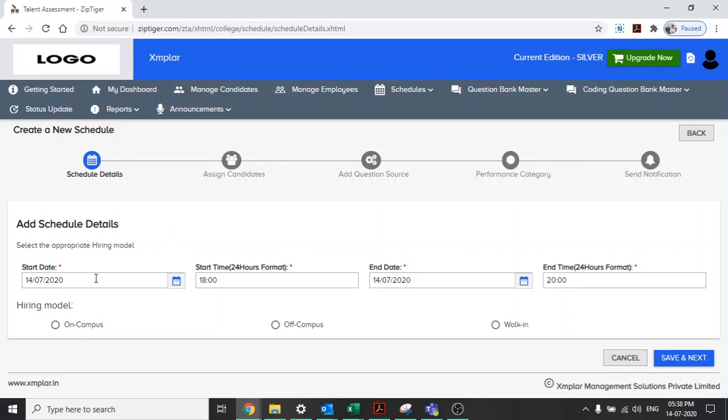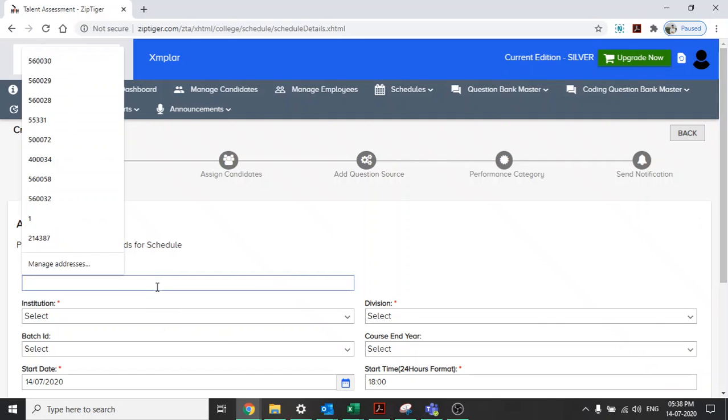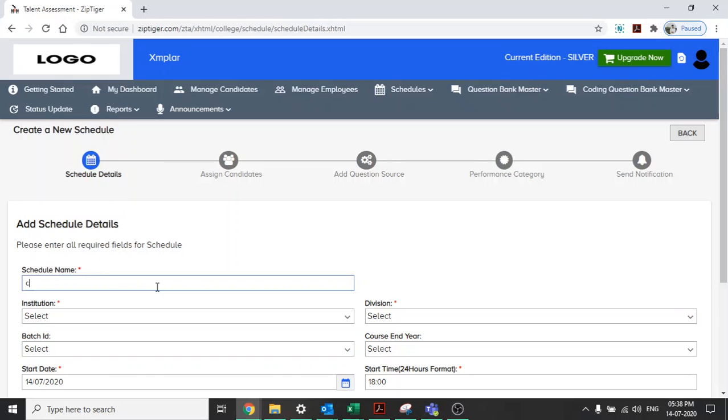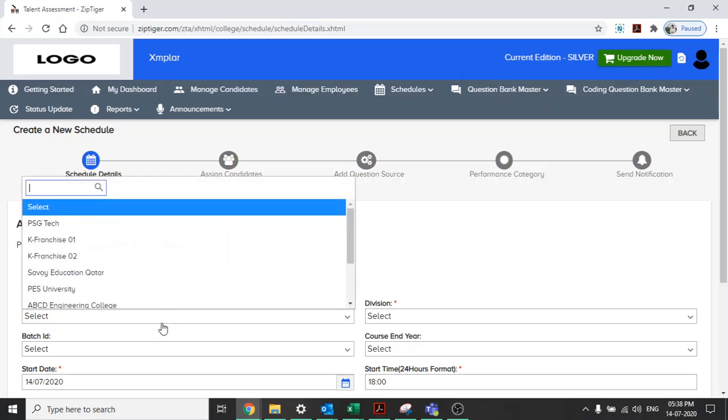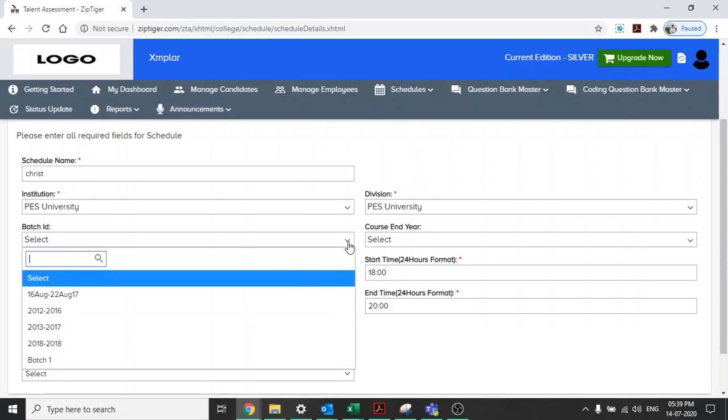Once you enter the details, you select the hiring model, whether it is on campus, off campus, or walk-in drive. You can enter the test name, any name here. You can enter the universities and the batch.